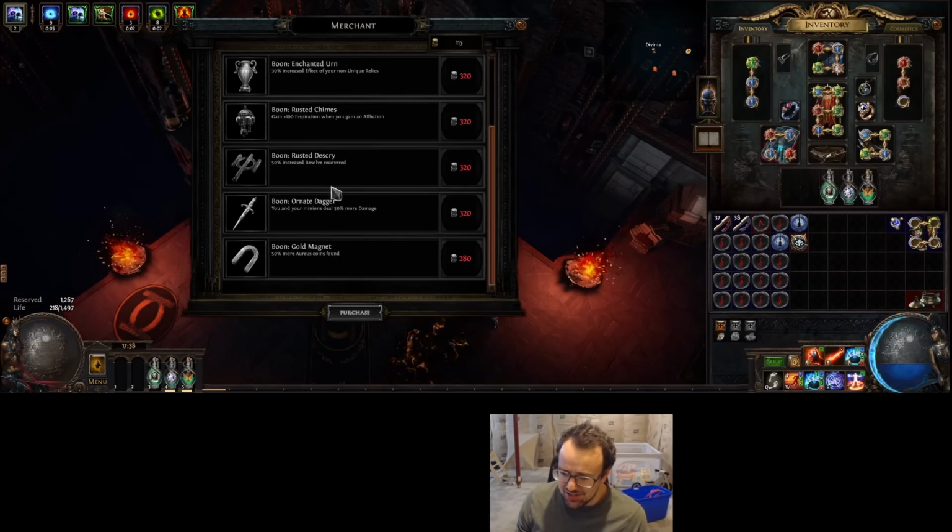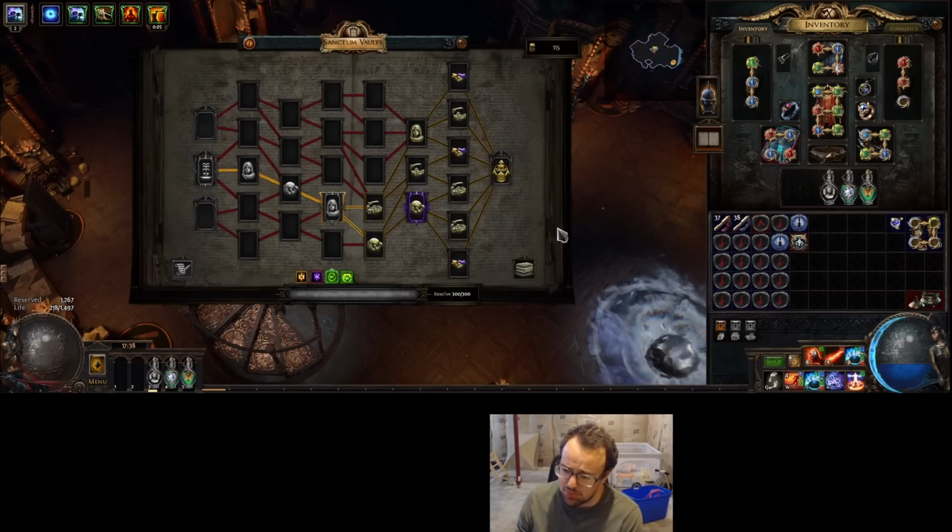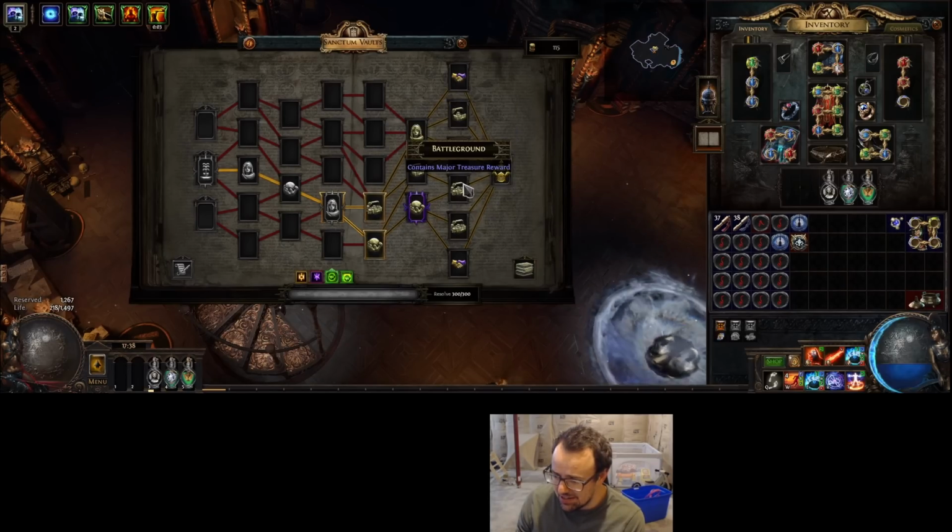Diviania, she has ornate dagger. Unfortunately, we're broke. We can't buy it. That's okay. We're going to get other chances to see that. We're going to get other chances to buy it. Now, that being said,